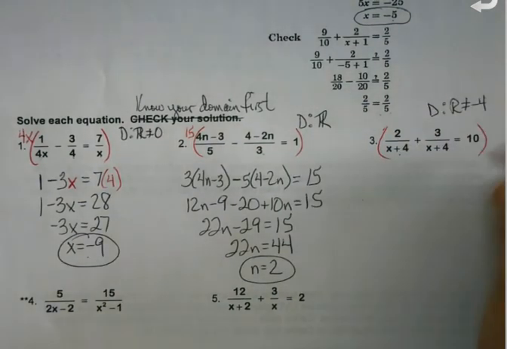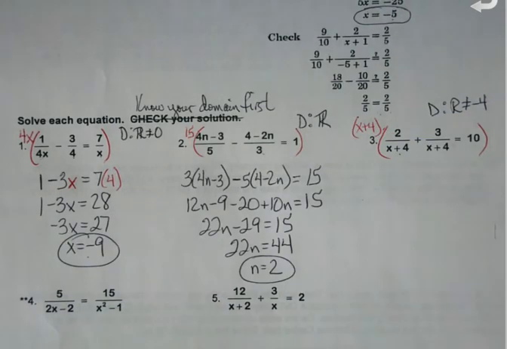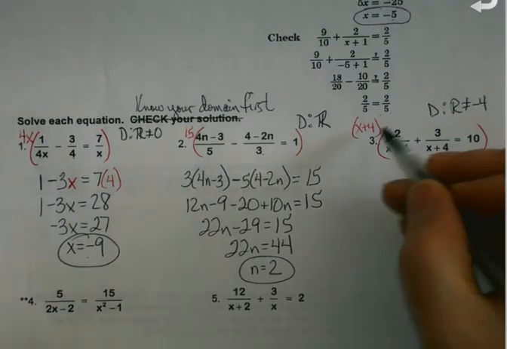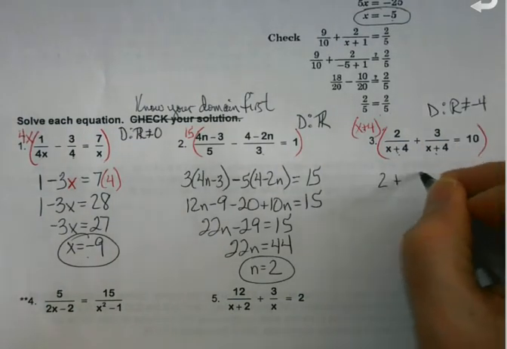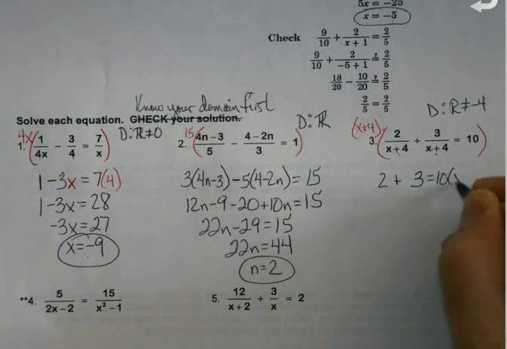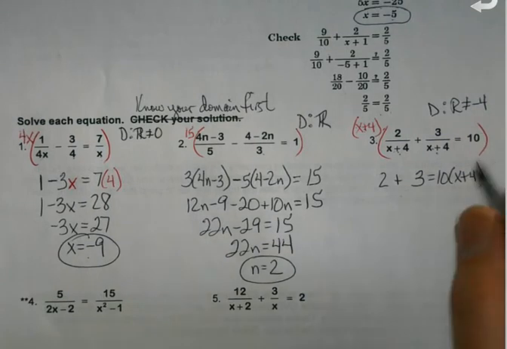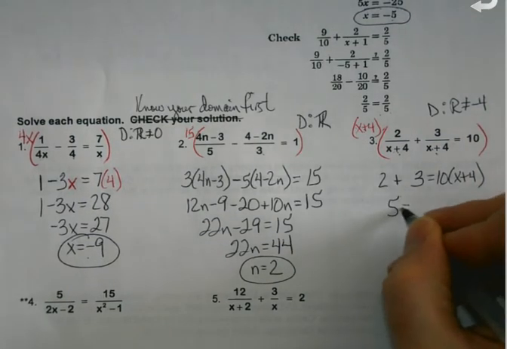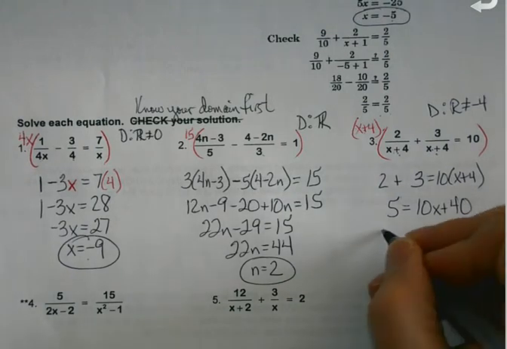And in these first few, that multiple that I'm going to multiply through by hasn't been much of a big deal because I haven't had a whole lot of choices yet. For my first 2 fractions, I've already got the x plus 4 there. So it just does its job by canceling out my denominator. It's not until I get to the 10 that I actually have to multiply by it. Because once I do that, then again I'm just working on